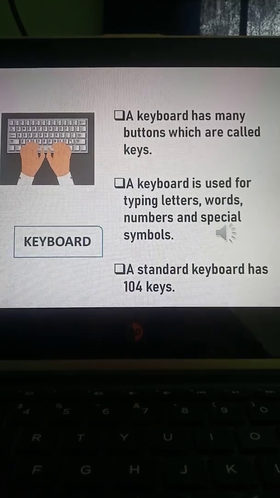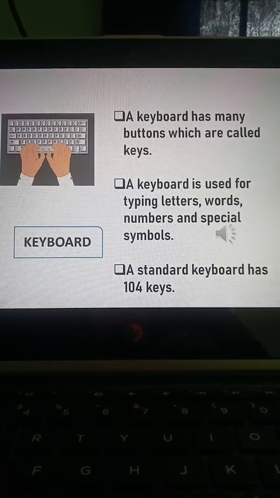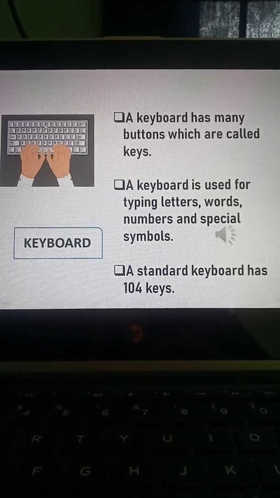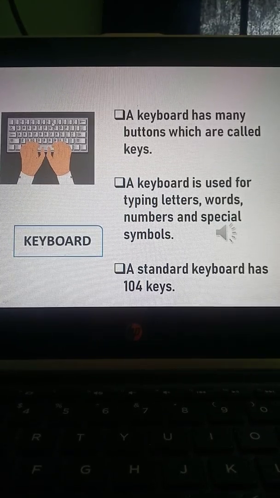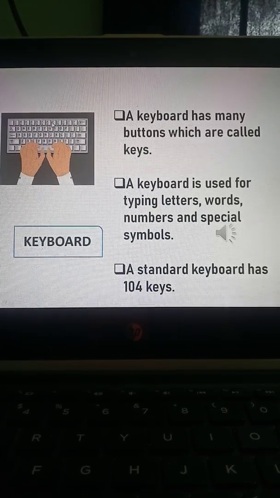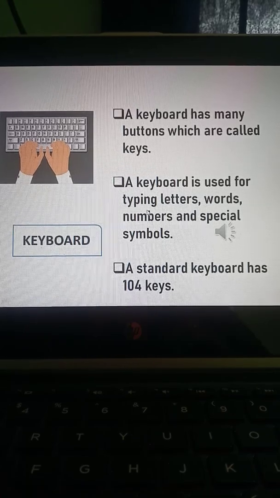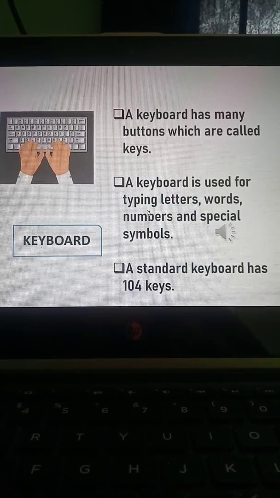The keys present on the keyboard are alphabets like A, B, C, D, numbers 1, 2, 3, 4, all are present on the keyboard. And there are a total of 104 keys on the keyboard. Okay, now come to the next slide.